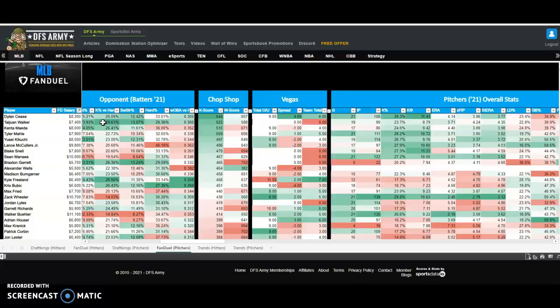We never do. We can certainly dig in and we can use indicators like these K-scores that you can only find here at dfsarmy.com, by the way. K percentage, K per 9, opponent's K percentage per handedness or whatever, and you can start looking for opportunities to find those mispriced players that the websites DraftKings and FanDuel did not get correct. Either they did not adjust up or did not adjust down enough to be properly priced. Therefore, they're creating spots for you that are overpriced or